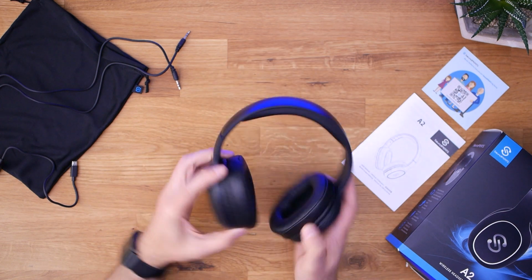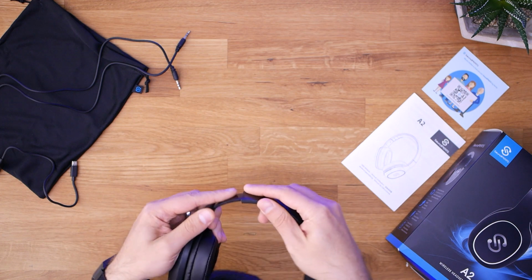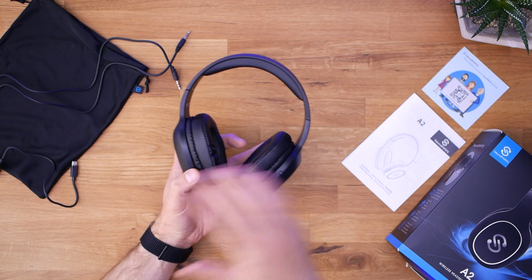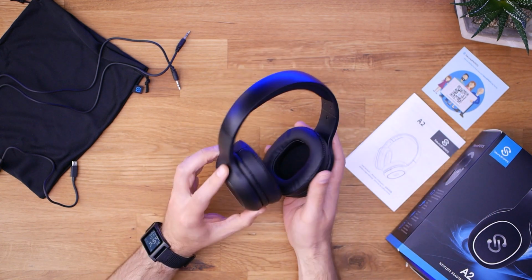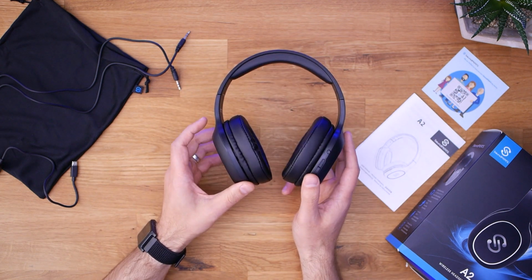And then also worth pointing out that there does not seem to be any folding mechanism on this headset. So if you're looking for something that's super compact, well, it doesn't look like the A2 is it. That said, what's really gonna be interesting to me is how does this sound? So without further ado, I'm gonna go ahead and connect it to my phone, listen to some music, run it against my reference music,